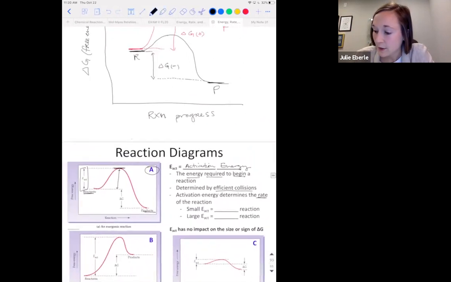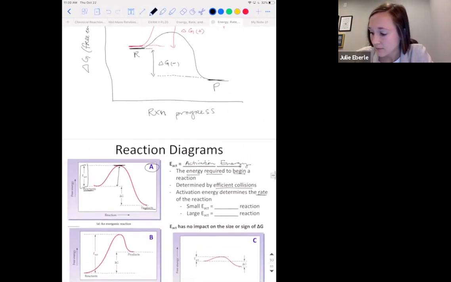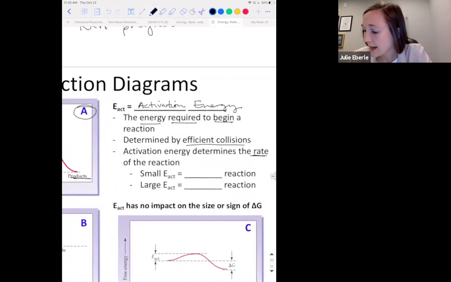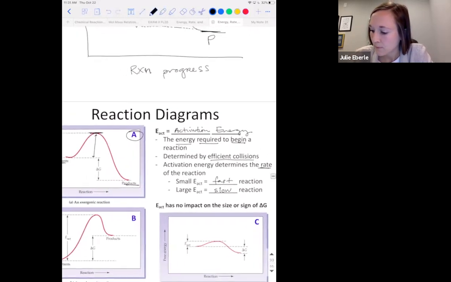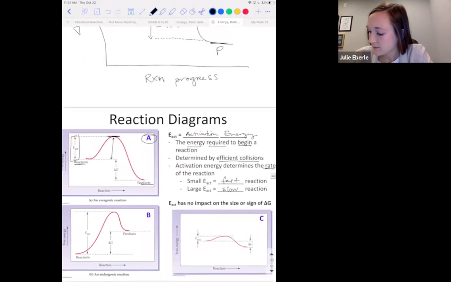Okay? Now notice your activation energy can be different for any reaction pathway. So a small activation energy means a fast reaction. You don't have to clear a big energy hump or peak. A large activation energy is going to be slower. It means a slow reaction because you have to have a lot of energy before you can make that reaction happen. So if you're looking at A, B, and C,